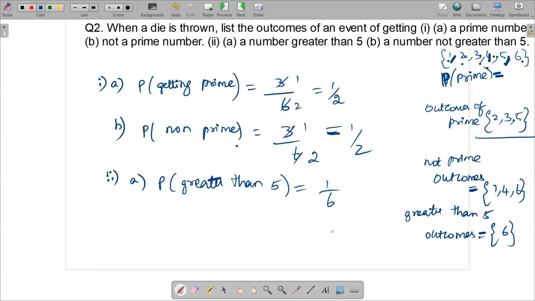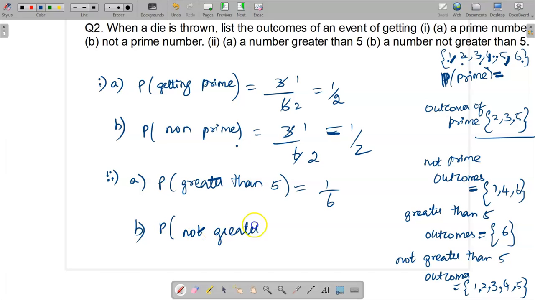And then the last option, number not greater than 5. What are all the outcomes? 1, 2, 3, 4, 5. These are all the numbers not greater than 5. So how many favorable outcomes? 1, 2, 3, 4, 5. Favorable outcomes is 5, total outcomes is 6. So the probability of not greater than 5 is equal to 5 by